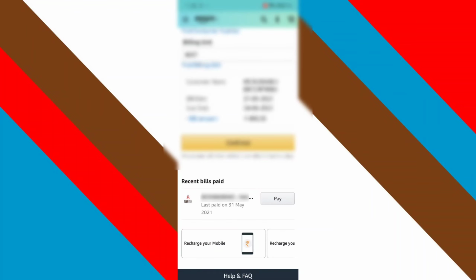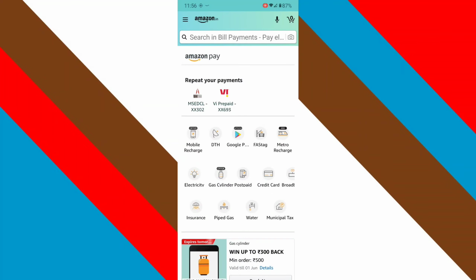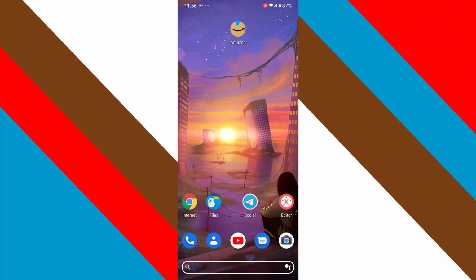So let me check whether our electricity bill is paid or not, but I know that we need to wait for 24 hours for it to update. You can see you still get this electricity bill, but see here, you already paid. So wait for 24 to 48 hours, it will update automatically. After that you will not get this type of error. In this way you can easily pay light bill or electricity bill using your Amazon Pay wallet account.